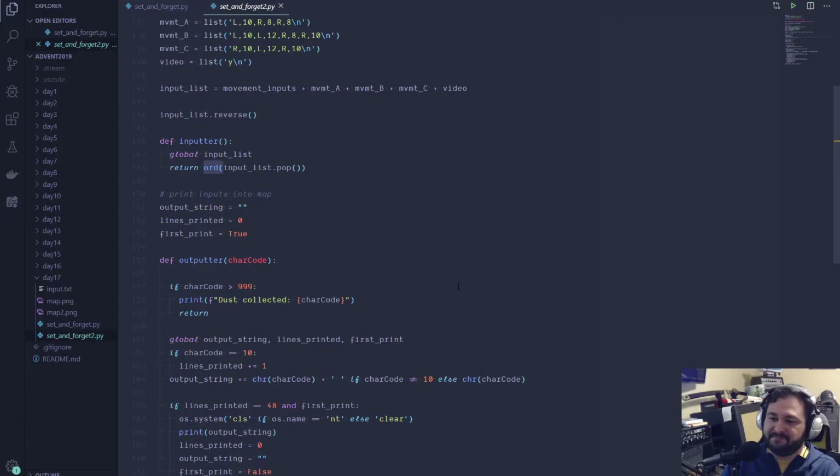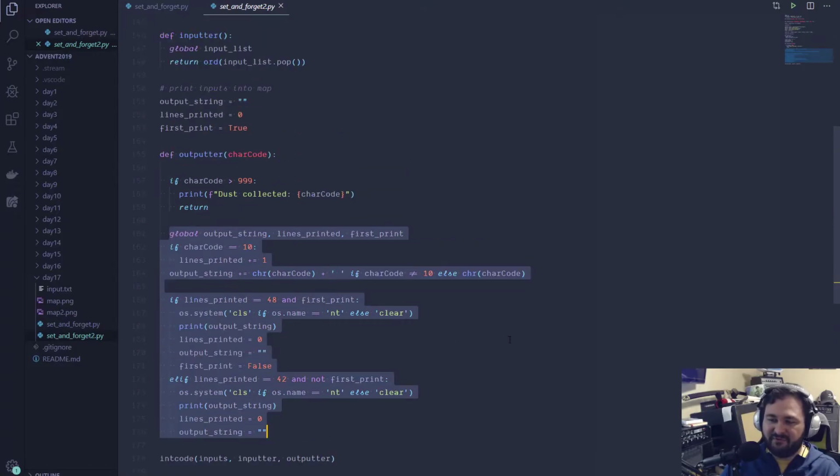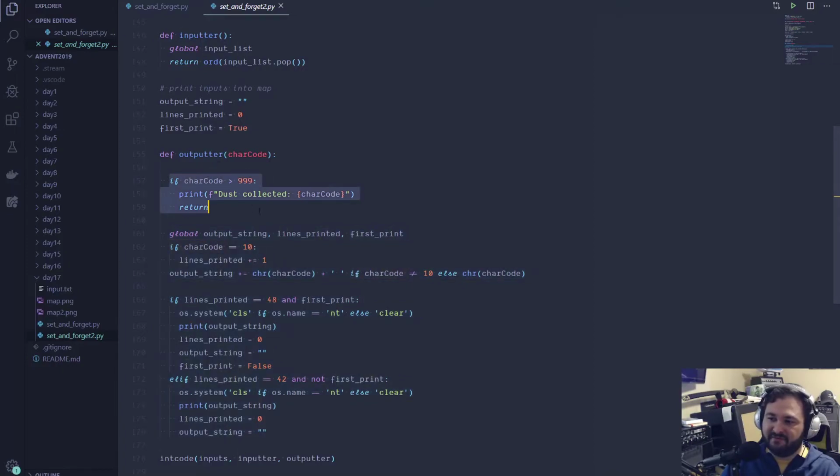Then for my output code, most of this is just to visualize it. All this stuff is purely for visualization. The actual answer comes out of this, and I just guessed. I was like, I think ASCII codes go up to like 200 something. Or, man, it may not even be that high. I thought it was like 255 or something for ASCII just off the top of my head, so I figured